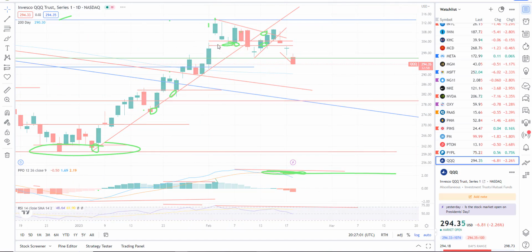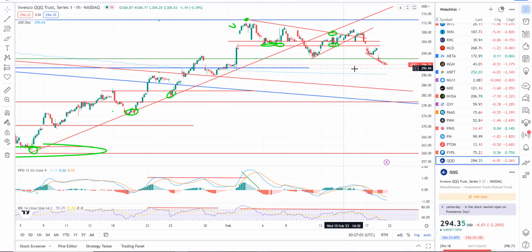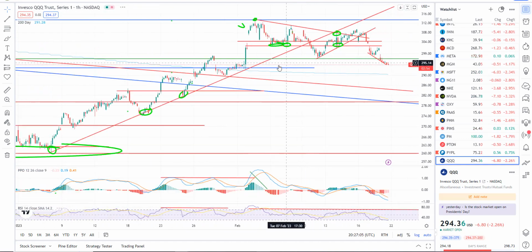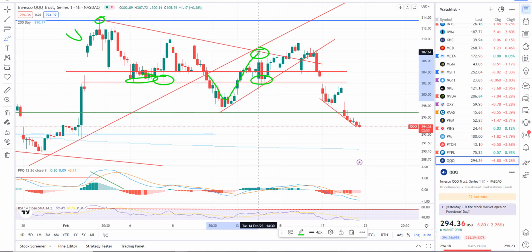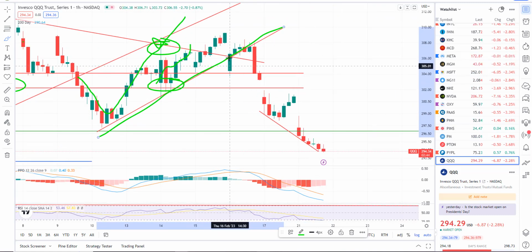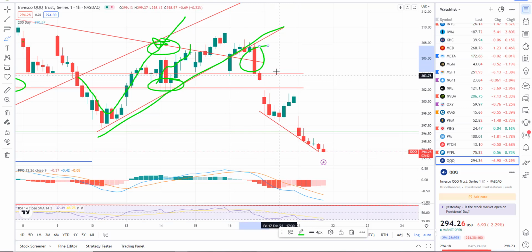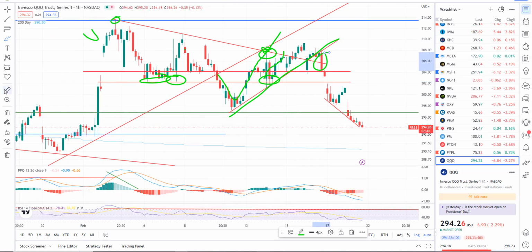Okay, so now you can see bigger picture. I have to really get down to the hourly to show you guys, but bigger picture, here's your uptrend on triple Qs, the tech sector. We broke down, backtest one. There was a backtest right there. And then they kind of created this secondary trend line. Finally, when that broke, really that candle there, it's just been selling ever since.